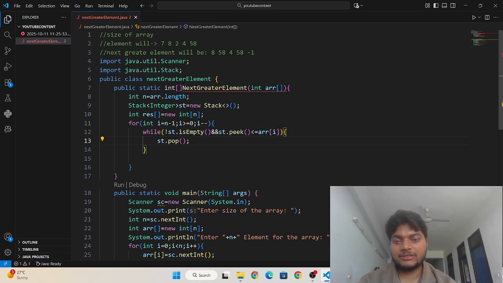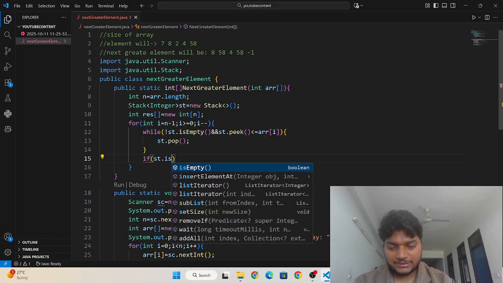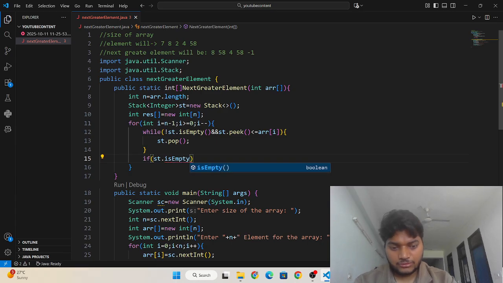And if not, it means the stack is empty.